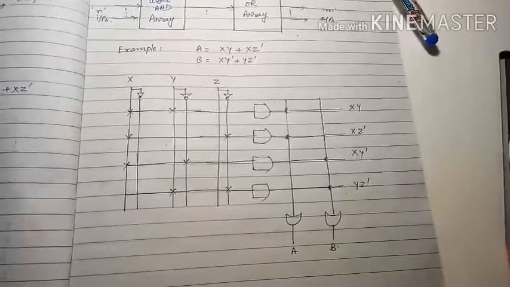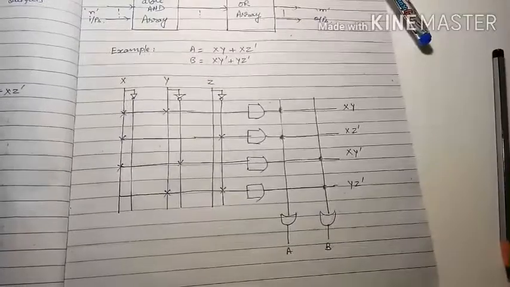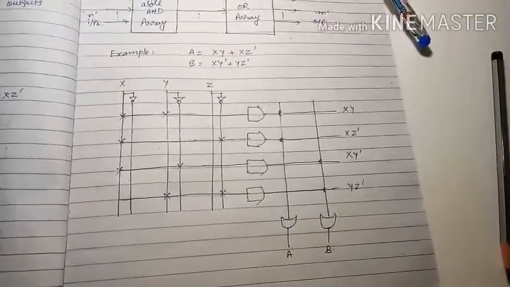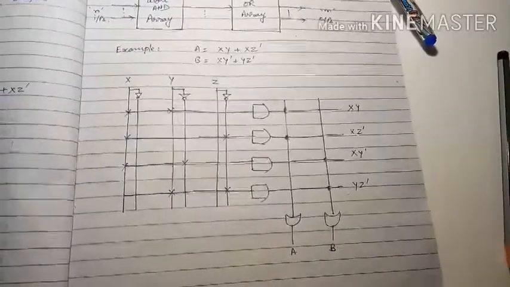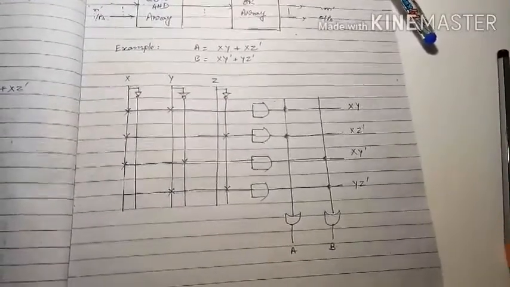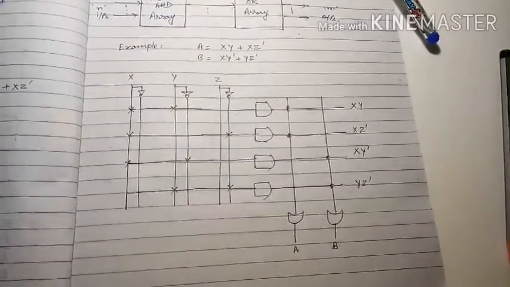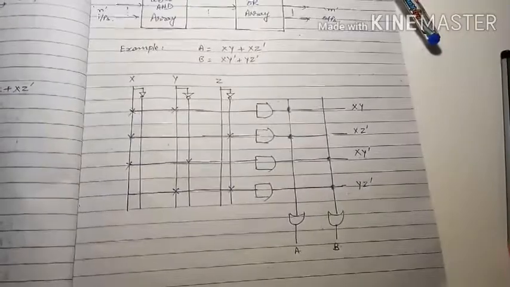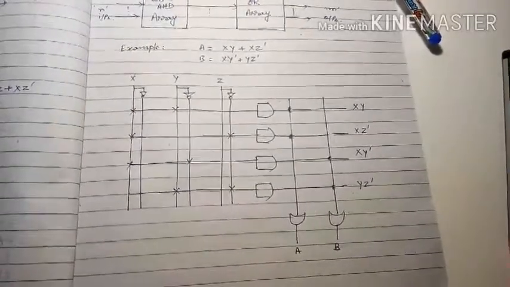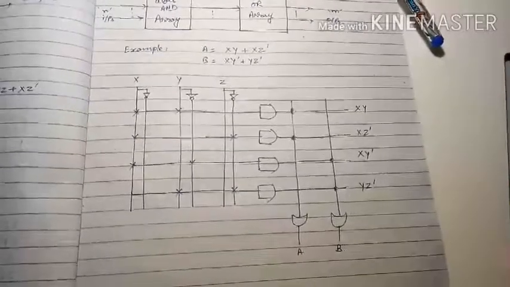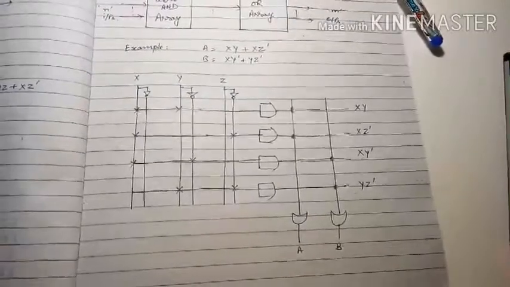You can see in the diagram the programmable AND gates array has access to both normal and complemented input variables, that is x, x dash, y, y dash and z, z dash. These are available at the input ports of each AND gate. So we program only the required literals in order to generate the product term by each AND gate. The cross symbol is used for programmable and the dot symbol is used for fixed values.